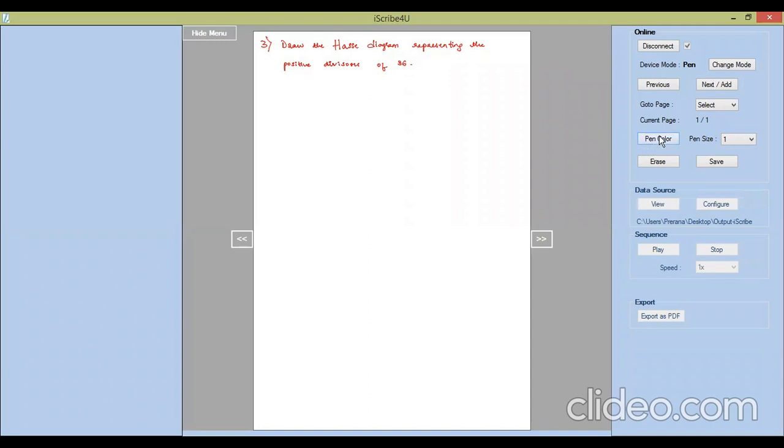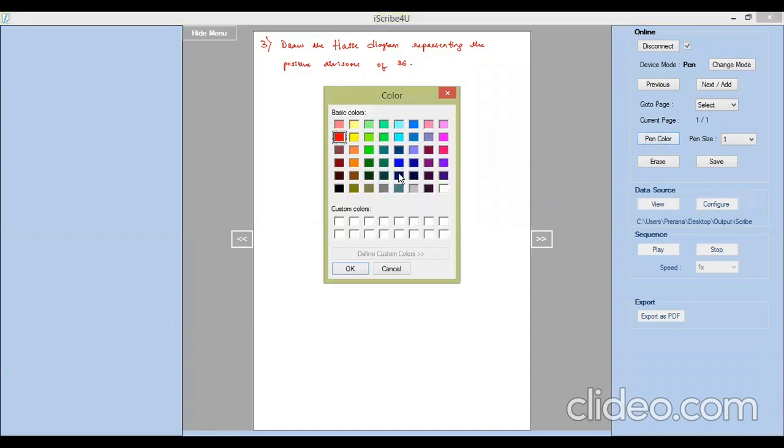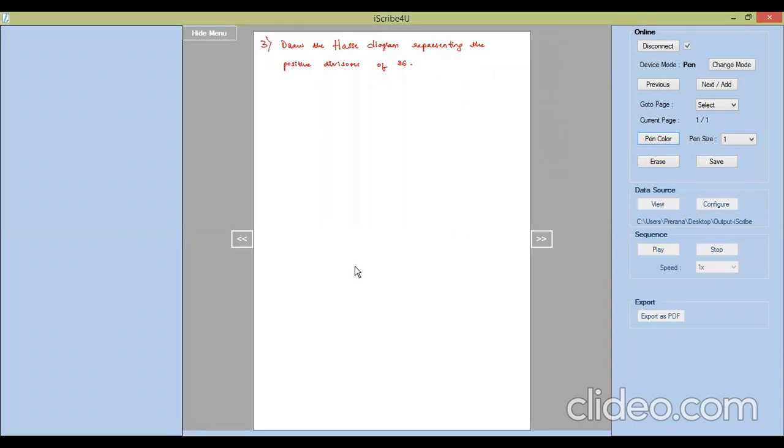So when we say positive divisors of 36, we assume the relation R as X is related to Y if and only if X divides Y. So the set of all divisors we are considering, positive divisors we are considering. So we denote the set of all positive divisors of 36 by D36. So let us first write them down.